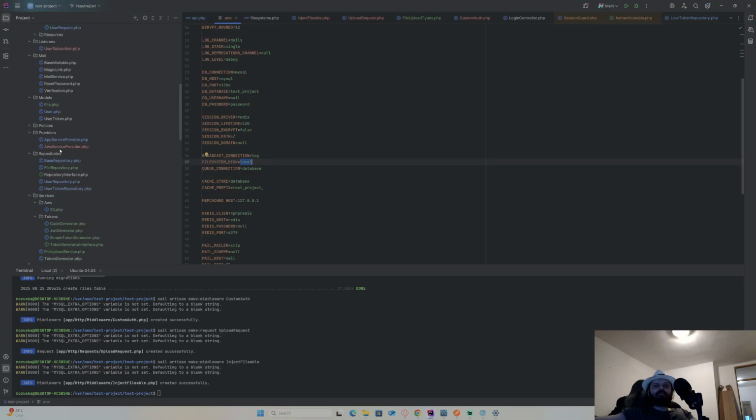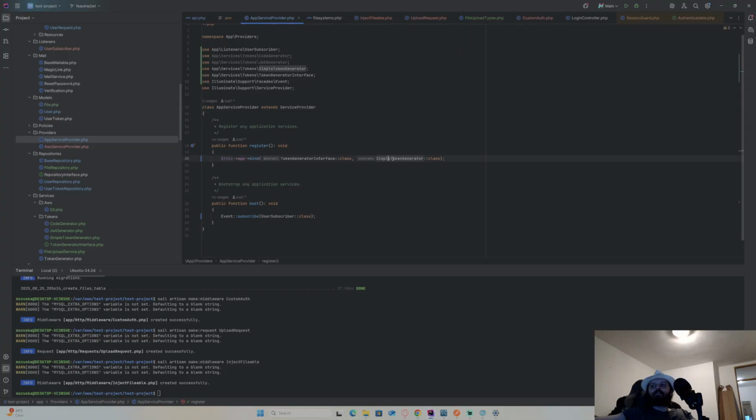On the providers, right? Same thing I did with this generator. Now it's simple token generator. If I change